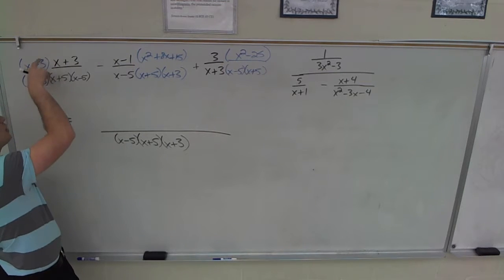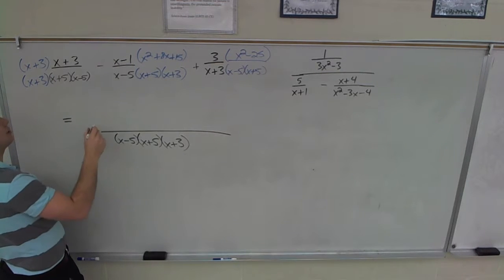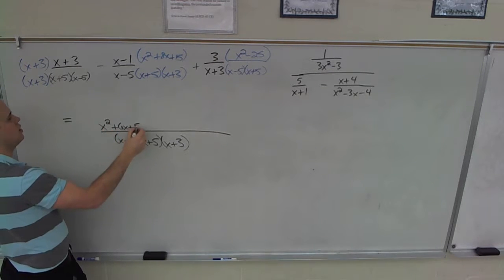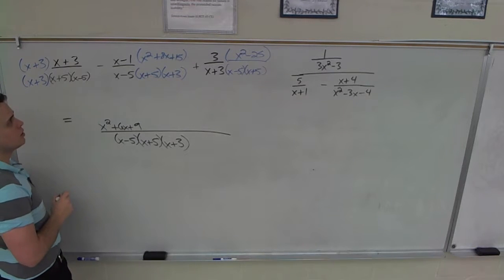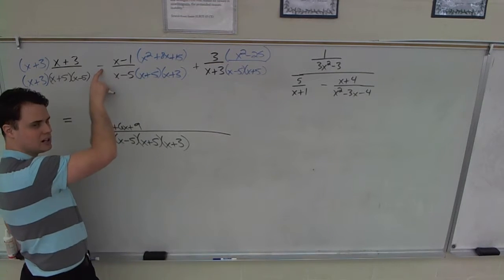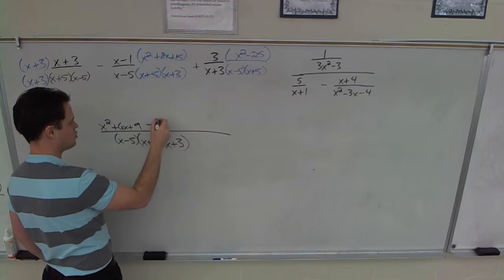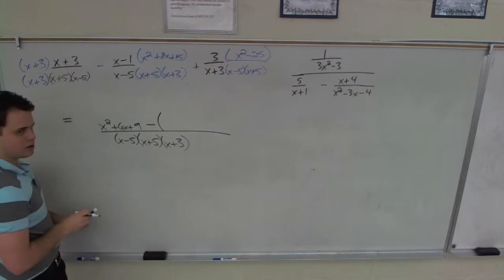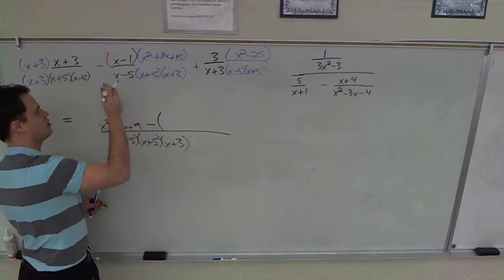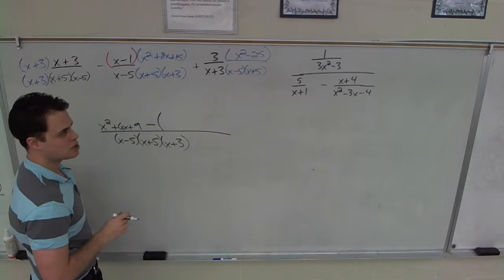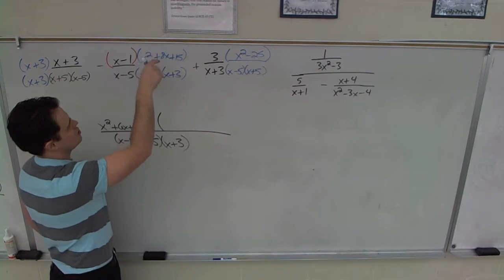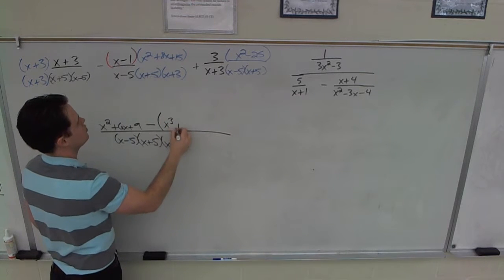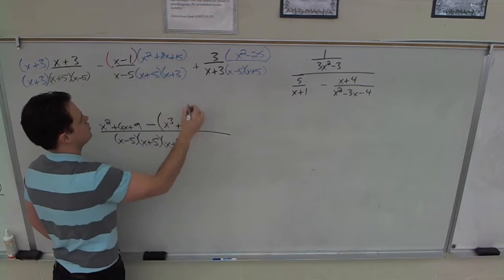So then over here, if I expand this out, I'm going to get x squared plus 6x plus 9, I think. Yep. And then I'm going to be very careful right here because I have a minus. I'm going to go minus big parenthesis. And oh man, I really don't want to do this one, but I guess that's what we have to do sometimes. So I'm going to say I get 6 things out of this. So I get x cubed, 8x squared, 15x,